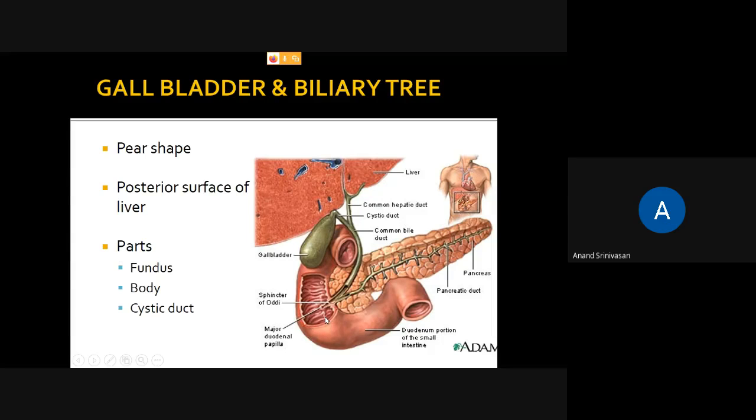Now I said that the bile is produced in the liver, right? How does the bile come to the duodenum? Here you can see there are some ducts which come from the liver. These are called